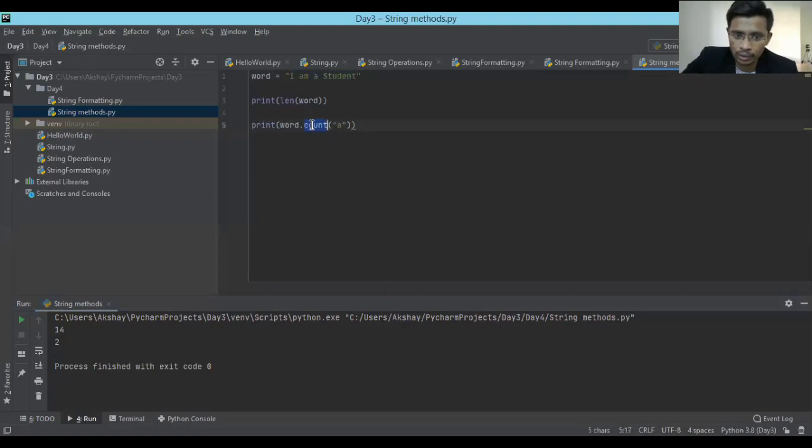So this particular count function is an inbuilt function. It helps you find how many times A is there in this particular string. This is the syntax I showed you in the presentation. Here you type your string name dot count, which is your function name, and here I am passing the parameter. So in the word string, I just wanted the count of letter A. I ran that program and found that there are 2 A's in this particular string. So this is about count.